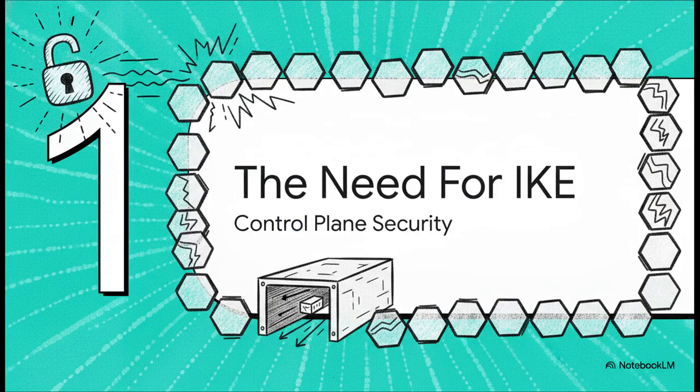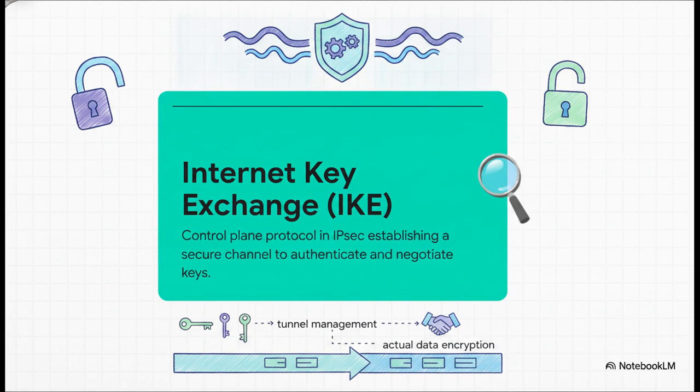All right, kicking things off with Part 1, the need for IKE. So, we all know that sending data across the open internet is incredibly vulnerable if you don't have a dedicated control plane. Well, IKE acts as exactly that control plane in IPsec. It sets up a secure channel to authenticate peers, negotiate cryptographic policies, and distribute those all-important session keys. The crucial takeaway here is that IKE actually separates the tunnel setup from the data encryption itself. It's the mechanism we use to agree on the ground rules way before any of your actual user data is